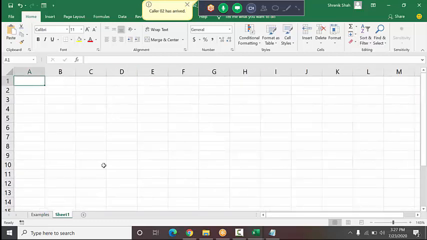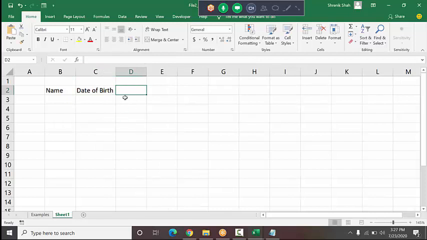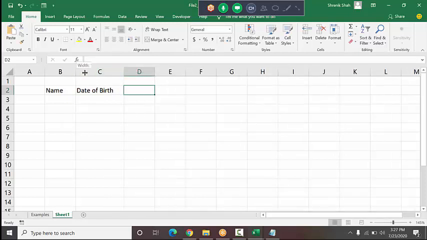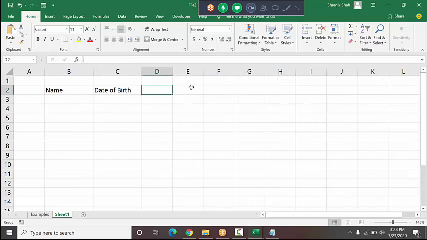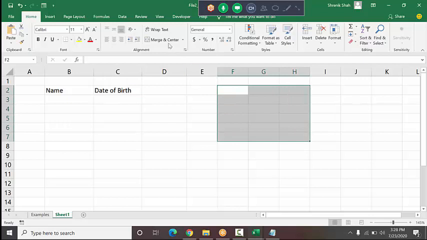See, this is our other worksheet, Sheet 1, and here is a table. This table is of some names of people. So I type some names. In the next column I type date of birth. And here I want to print the person's category, depending on the person's age. I type the conditions here.